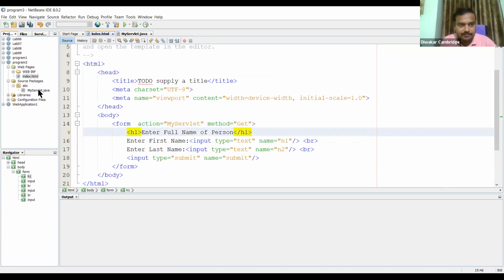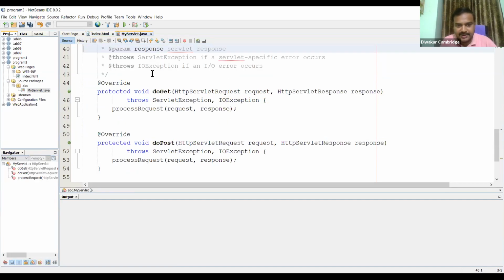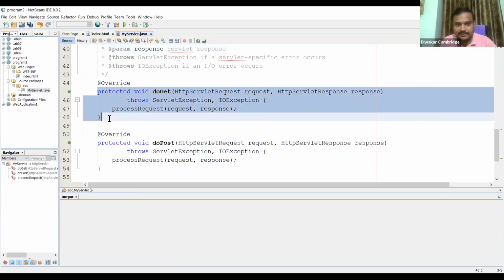My servlet is there, so the request will be passed to the servlet. The servlet will accept this request. The doGet method will accept the request and response parameters.